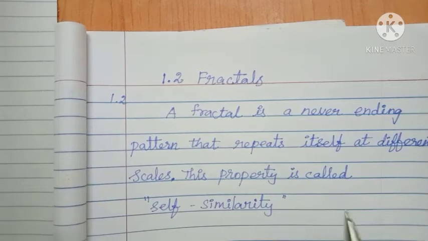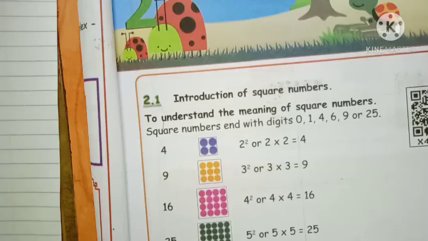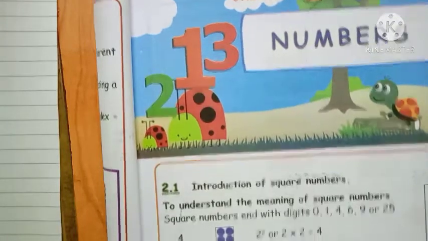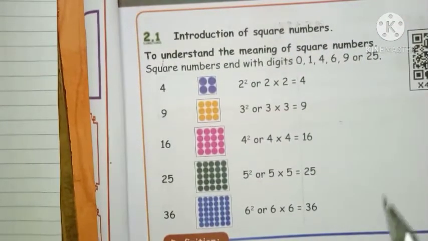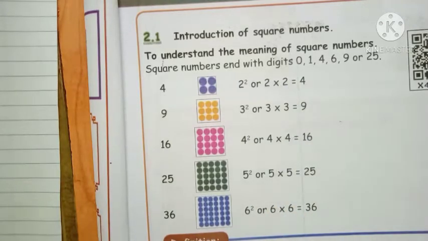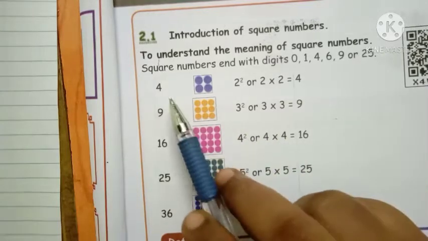Okay, children. This is the first unit you completed now. Shall I move to the second unit, numbers. Unit 2, numbers. Here we introduce square numbers. Already you studied the tables, children, up to 10 table thoroughly. This will help you do the square numbers. Already you learned the tables. So here I ask some questions.